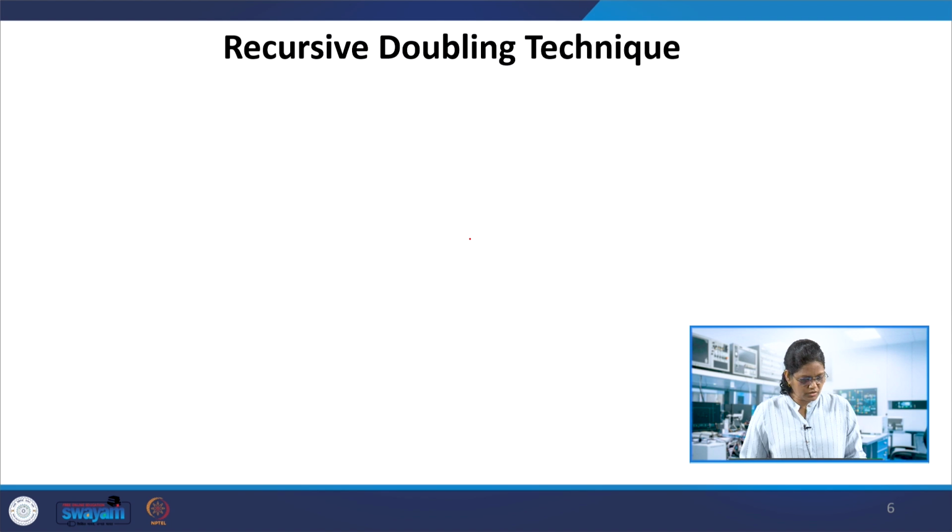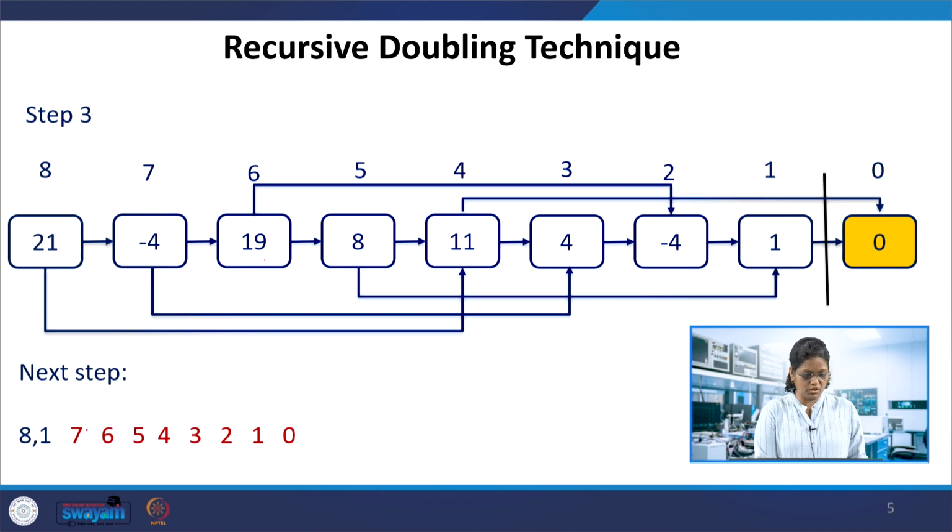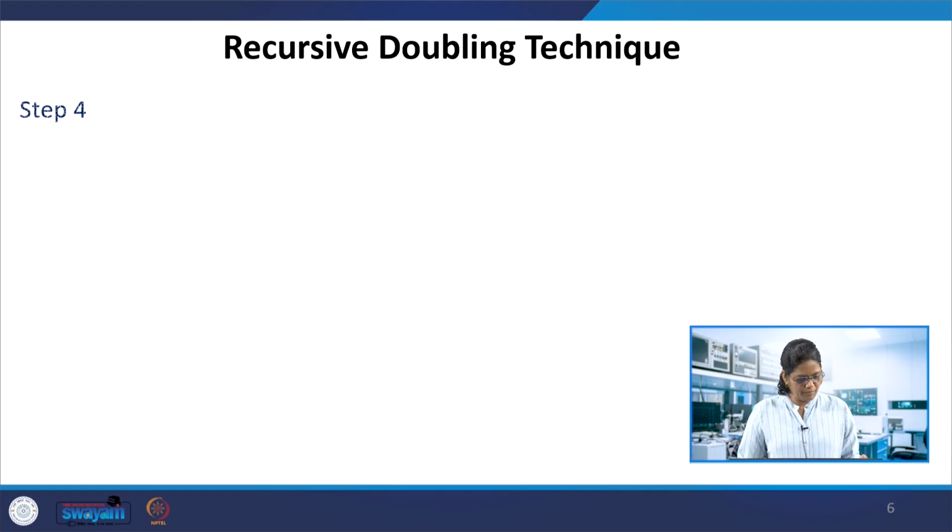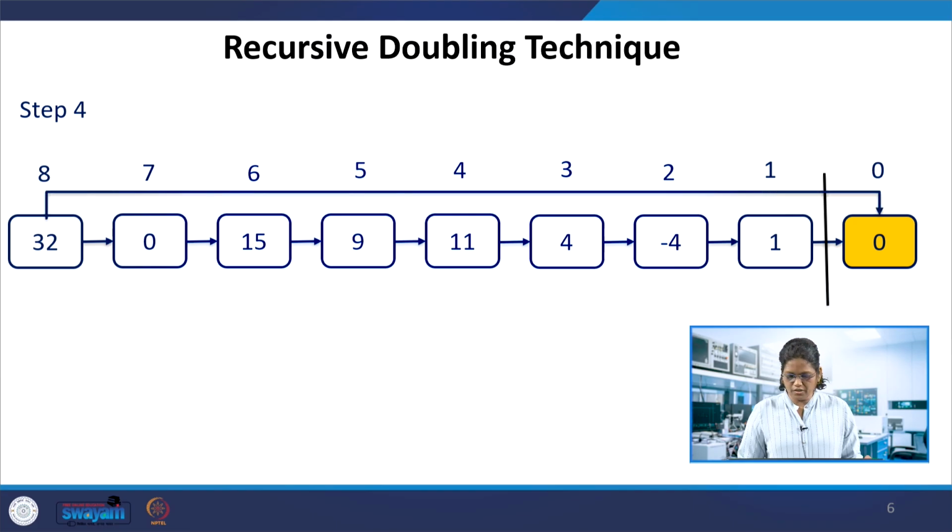And now the next step. This is the 8, and then skip 1 2 3 4 5 6, and then here we have this 1, and the rest of them would be the same. So it is going to be 2 power 3, so it has that 8 minus 1, so 8, and the 1 will be in between, the 7 of them will be skipped. So the final step would be having the 8 and this thing.